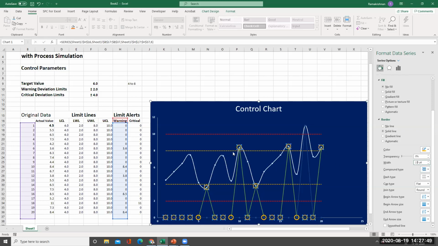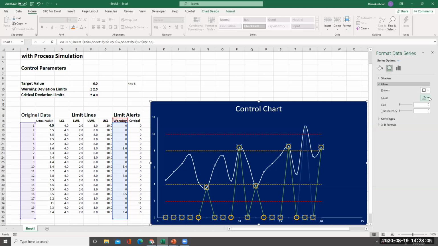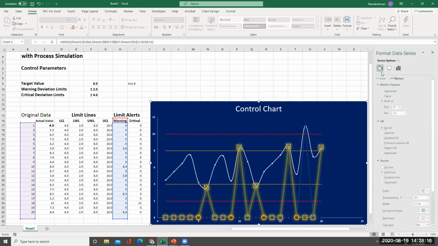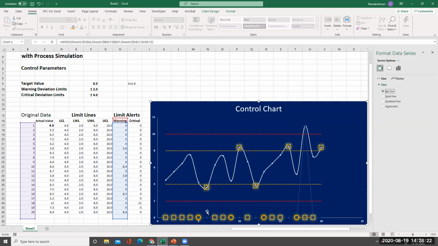You can see here all these points, 4 points are there. 1, 2, 3, 4, 5. Okay, very good. We'll see here 5. 1, 2, 3, 4, and 5. The last point is also there. 5 points are there. Now we have drawn this curve, and then we will select glow. Glow also we will use the same color. We'll say orange, and then we will make this 75. Okay. And then now I will go to this and remove the line. No line. Okay. Now you can see all the points are there. There are more circles on the 0 line, which we will see how to remove later on.